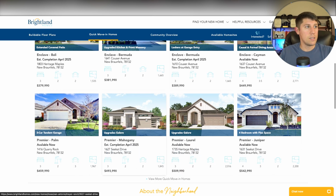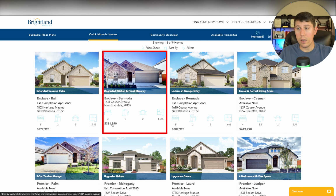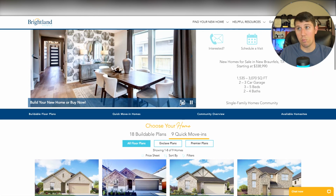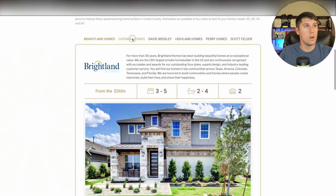Now, as you can see, some of these ones that are move-in ready, like this one's 382,000, so it's right in that range. But these are all of their floor plans that they currently have available, and that is Brightland Homes. So let's go ahead and take a look at the next builder here, which is going to be Chesmar